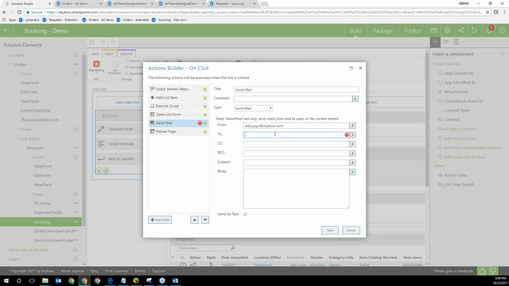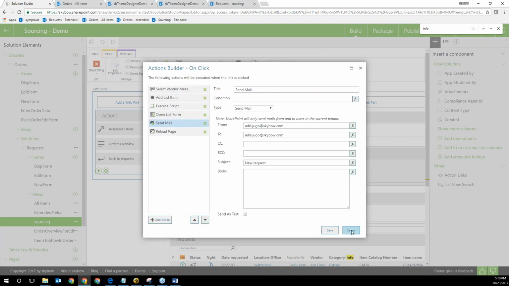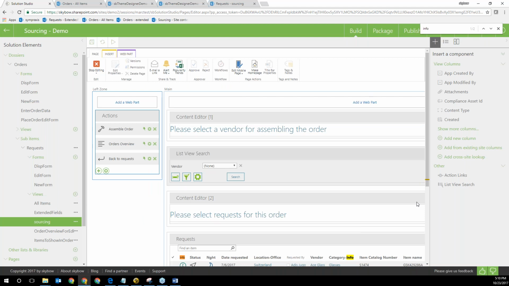Subject: new request. In the message I'll say, hey, there is a new request. I could also build this much more comprehensively, to see who put requests for this location, whatever, but I guess you get the idea. It's a click-together thing. We don't have to write a single line of code for that.